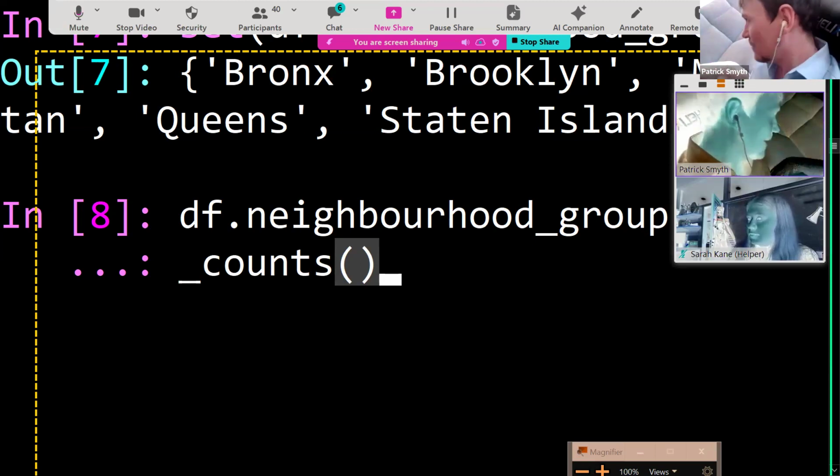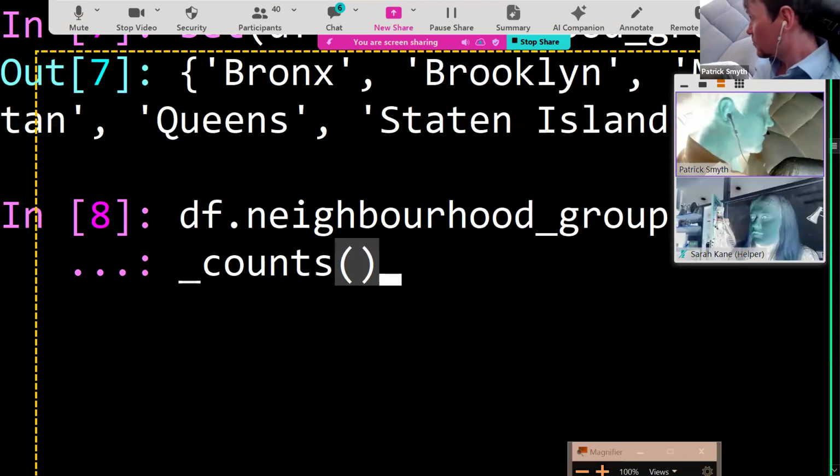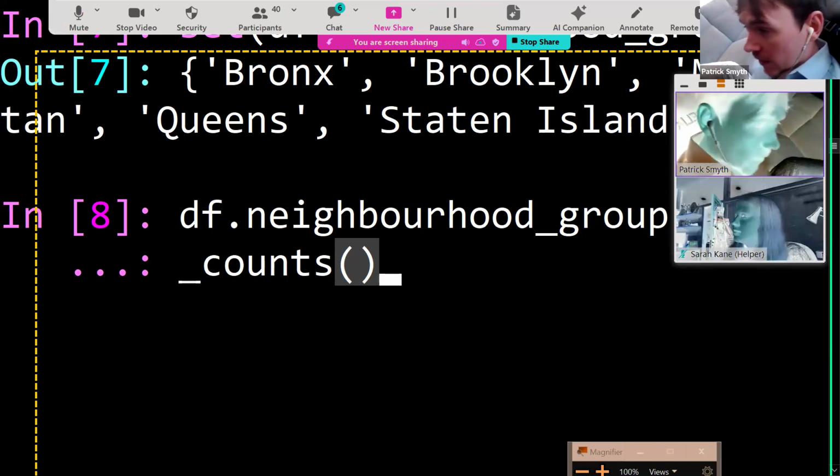I kind of hate the name of this method because it's hard to type. It has an underscore in it. It's kind of long, and I use it a lot. It's one of the methods I use the most when I'm doing data analysis. So we're going to use it a lot too. So remember that tab is your friend. In this case, it might not be that useful to you, but